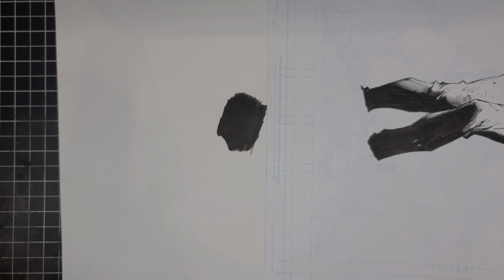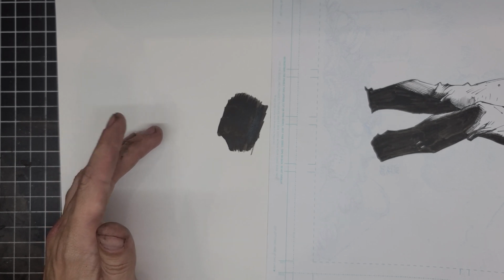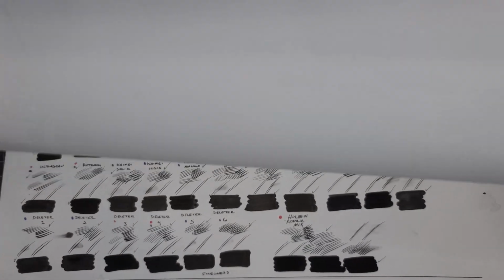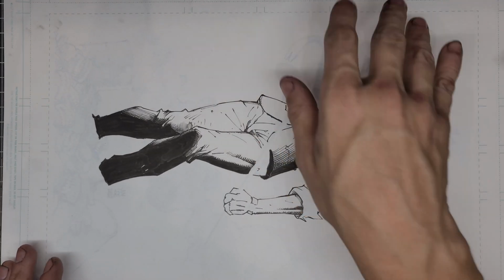But you can kind of see that the 400 is smoother. There's going to be overlapping due to the ink opacity, but it's a lot smoother on the 400. There's a lot less overlapping than on the 200 series. But as you can see, there's a difference in the whiteness, and that has to do with the way the paper's treated. I would say the 400 is probably a little bit more stable as far as how acid-free it is compared to the 200. The 200 may regain its acidity over time. But other than that, out of all the budget-minded blue-lined boards,